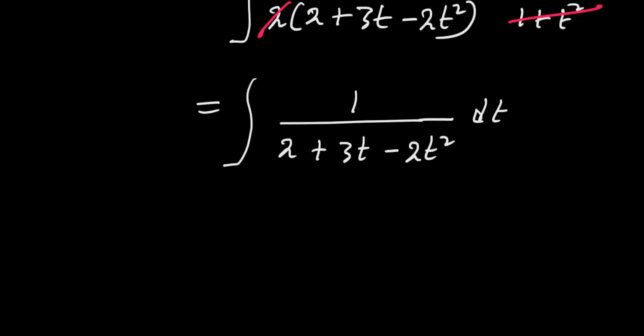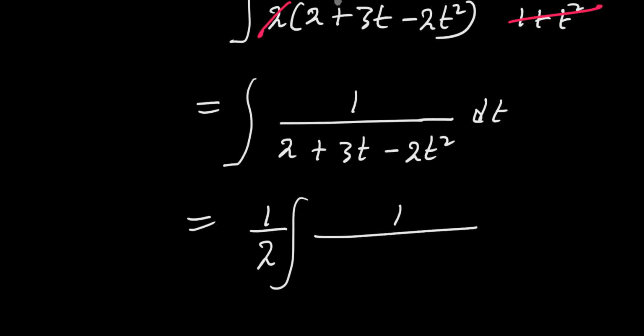Next, we can factor 2 from the denominator, which will now give us 1/2 integral 1 over 1 plus 3 over 2t minus t squared